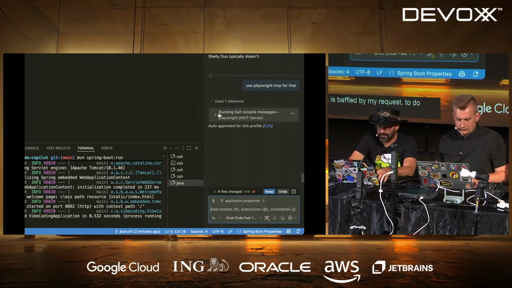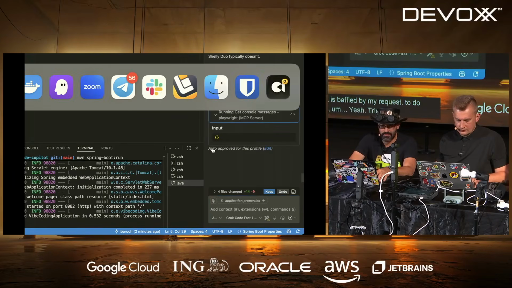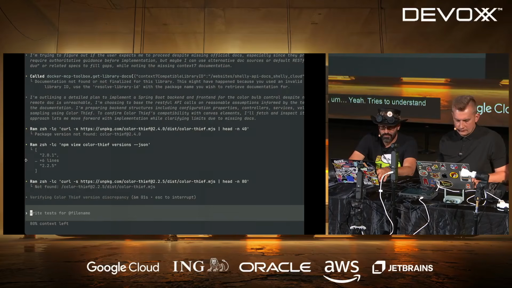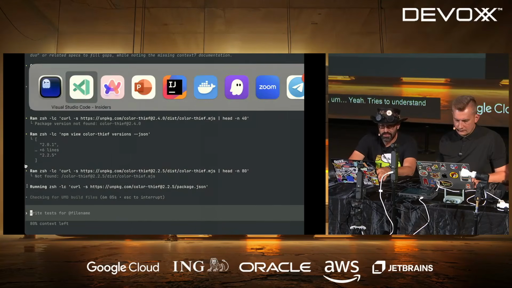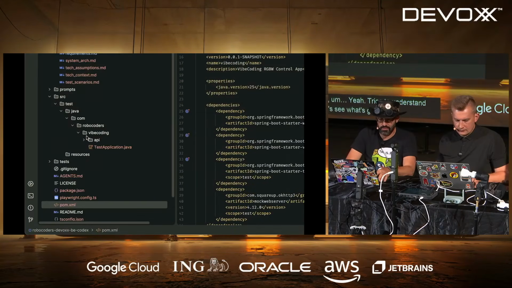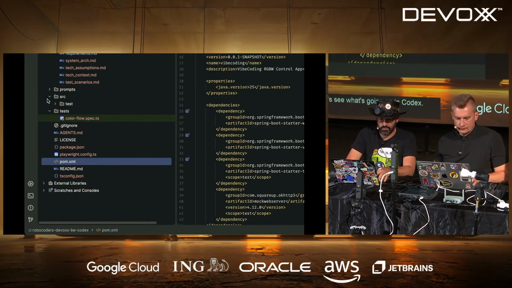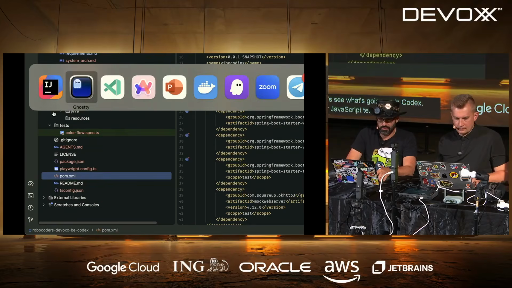It tries to understand where it is. And this is Codex. Let's see what's going on in Codex. This is our tests, and this is our JavaScript tests. Yeah, I don't know what's going on.